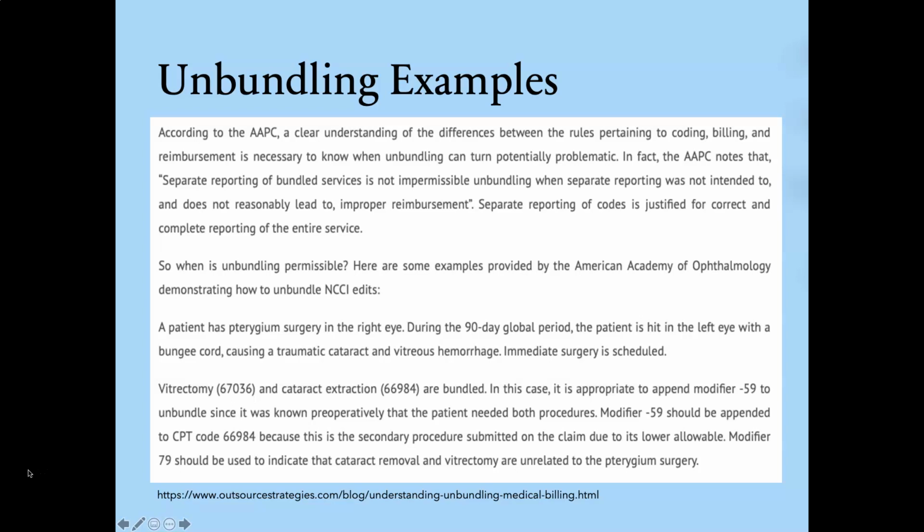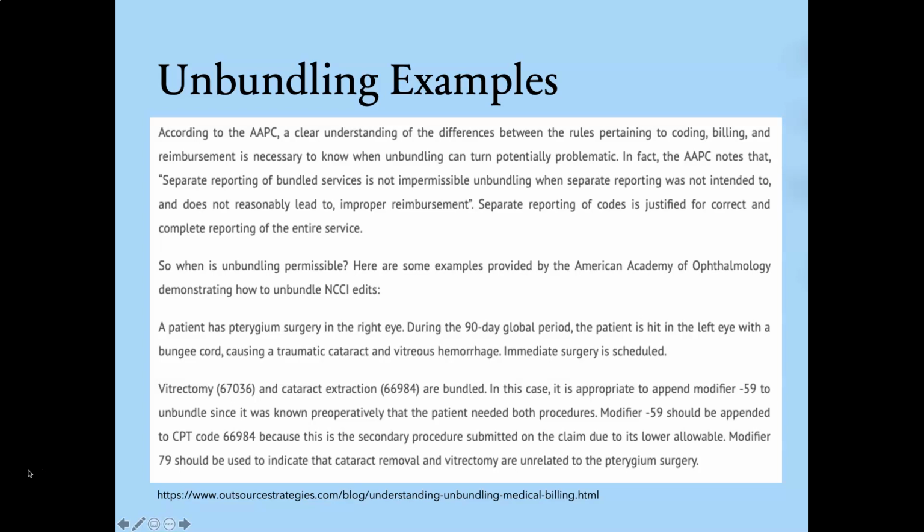Modifier 79 needs to be added to indicate that the cataract removal and vitrectomy were unrelated to the pterygium surgery that happened on the right eye within that 90-day global period. So that's where you can unbundle,